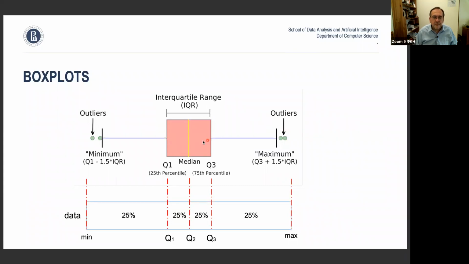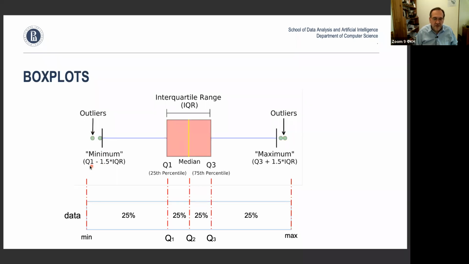Then what you do is you take this half of the data, and it's called the IQR, which is the interquartile range, which is the size of 50% of the data. Then you go to the left and to the right by 1.5 times that, and you expect all the data to actually live in there. Whatever is left out, what's further out, those are outliers.